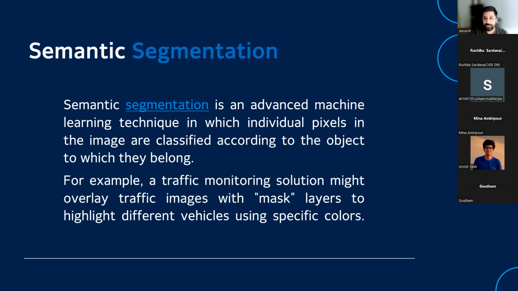Semantic segmentation is an advanced machine learning technique in which individual pixels in the image are classified according to the object to which they belong. The object is me, the human, or any other human. Zoom is trained to blur any other humans. If I had some other human, they would be doing the same. And hands and face and hair and the upper body, lower body, whatever it is. So it is doing some segmentation. I'm not going into how Zoom is trained, because honestly, I don't know how it is trained. It's not in the public domain.